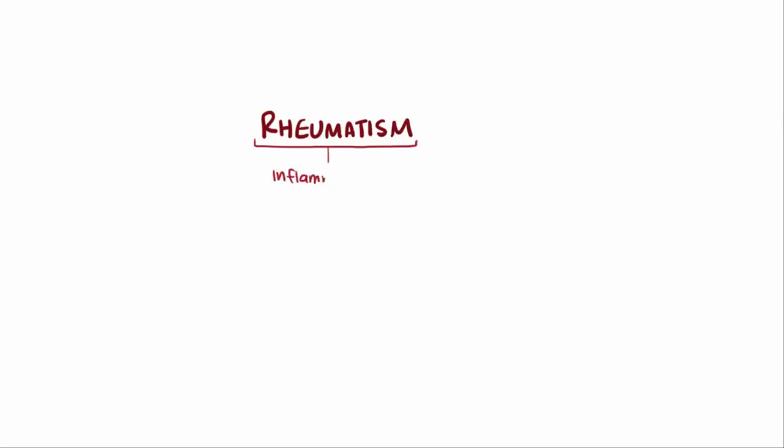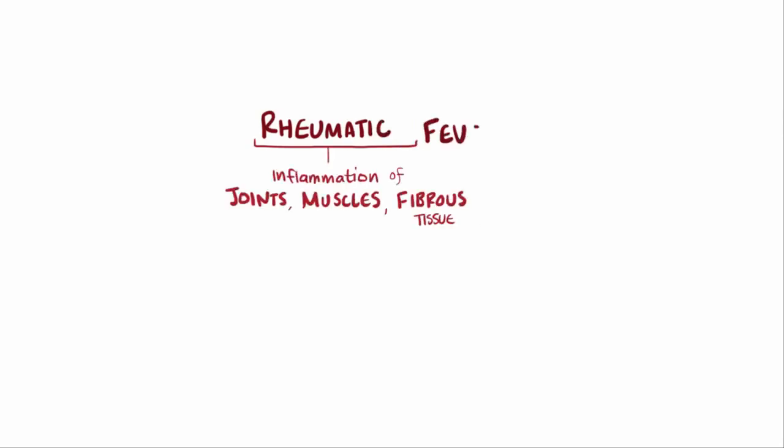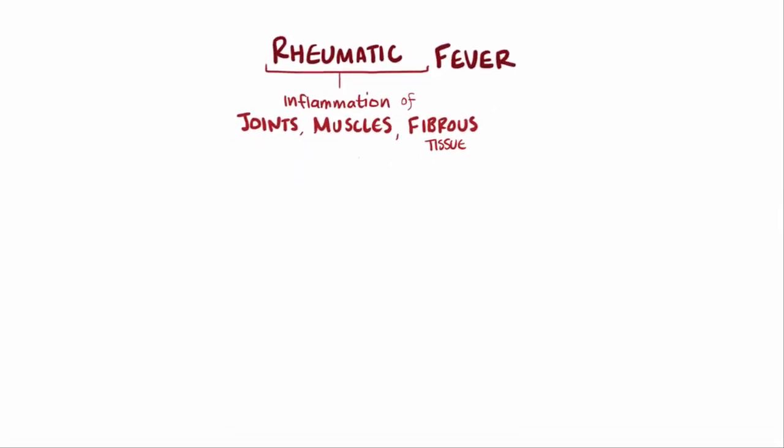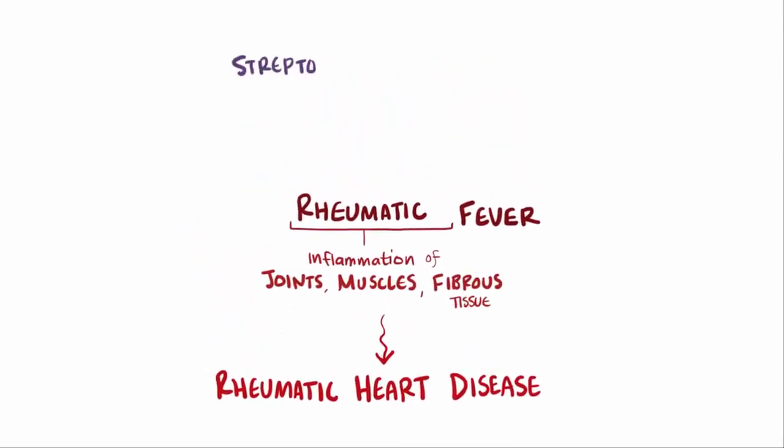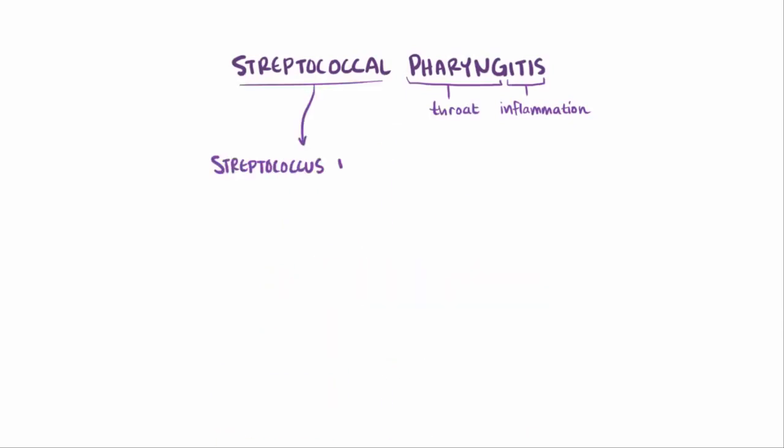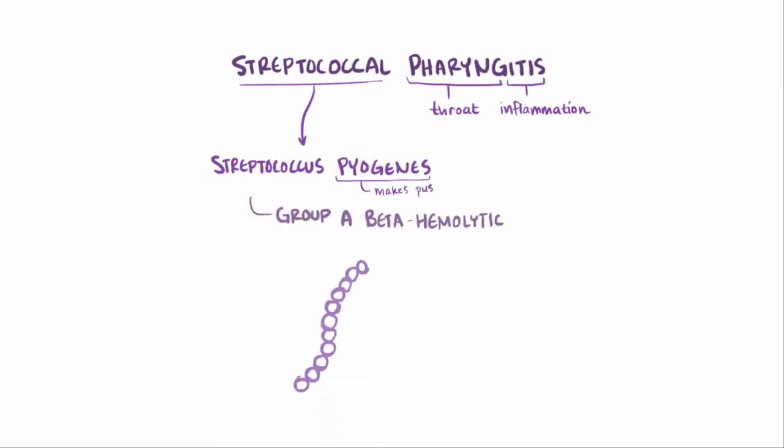Rheumatism is used to describe inflammation in the joints, the muscles, and the fibrous tissue. So, rheumatic fever is a type of inflammatory disease that can damage the heart tissue and lead to rheumatic heart disease. Rheumatic fever develops after streptococcal pharyngitis, inflammation of the throat due to Streptococcus pyogenes, where pyogenes literally means makes pus. The bacteria is sometimes referred to as group A beta hemolytic streptococcus, and the infection itself is most often